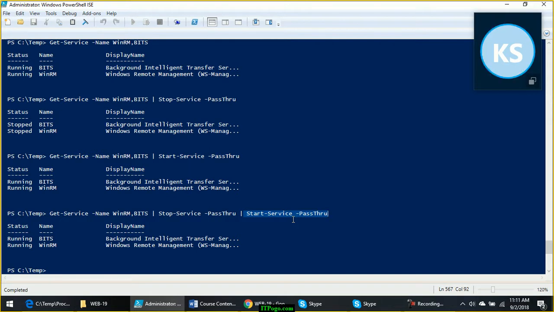That's why it is not showing the output. The middle command will not show the output because the output of this middle command will be consumed by this command. Otherwise this command will throw error. There is no input. What should I stop?